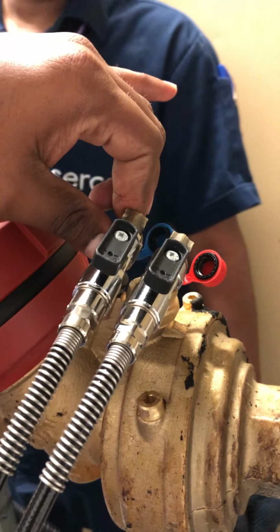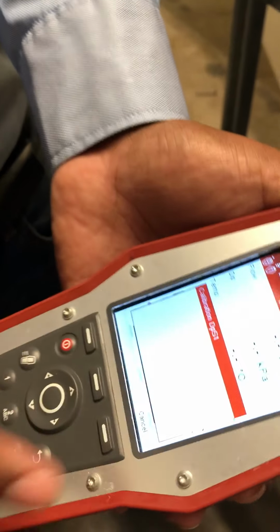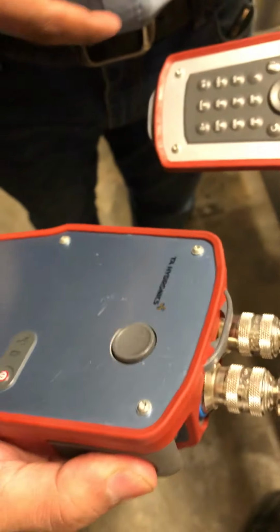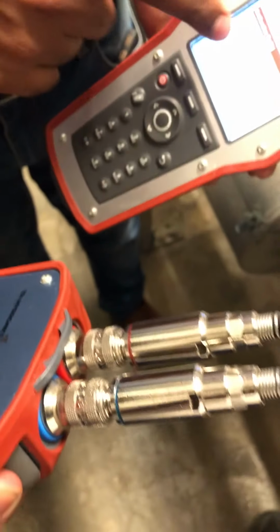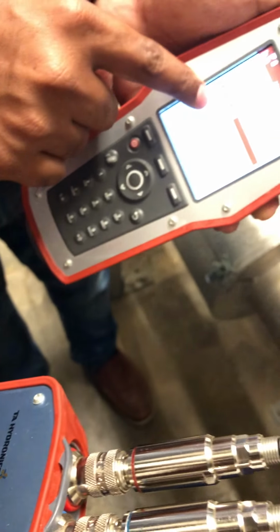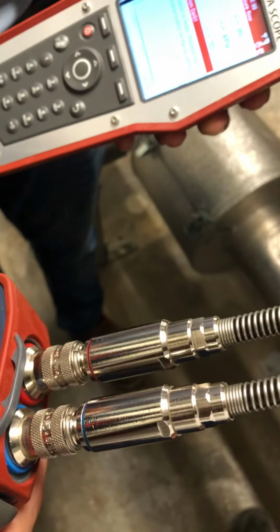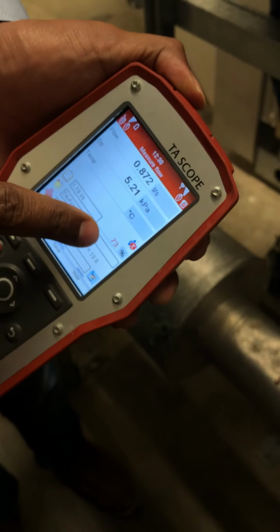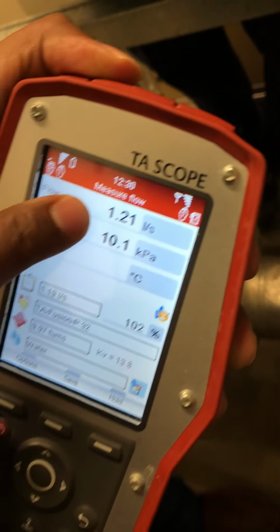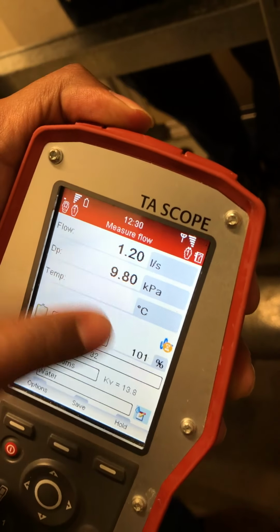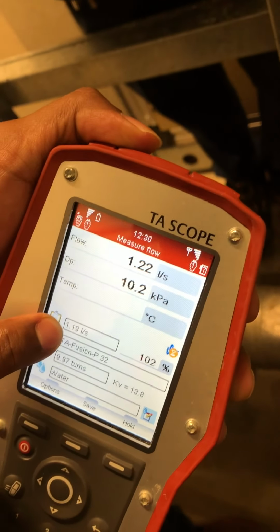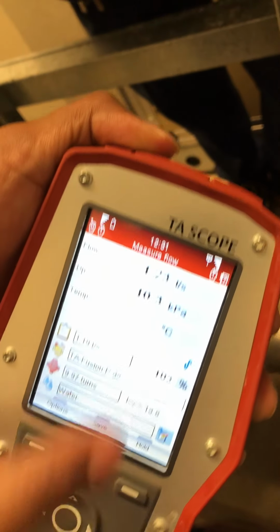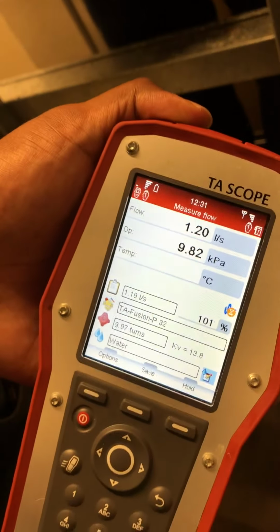Okay, red is high pressure and blue is low pressure. Now to connect this we have to apply measure, and we have to calibrate it accordingly. Press this button. Now you will get calibration is being processed, and calibration is ready. Release the DP sensor. Press this. So now your DP sensor is released and you are getting your flow rate. So your flow rate is 1.2, whereas your design is 1.19, which is 103%. This way you can use your device.